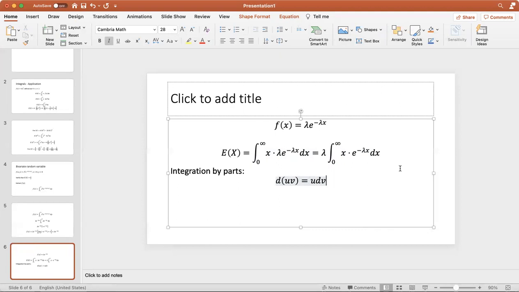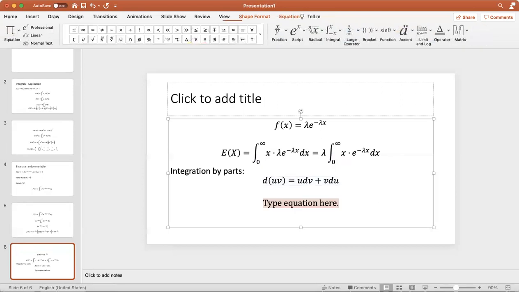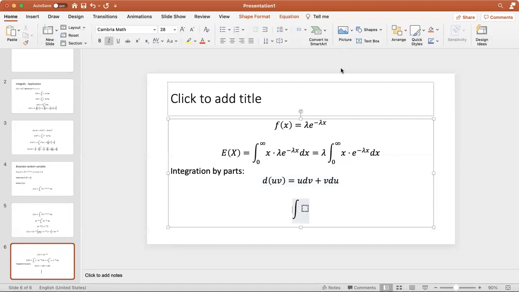So you have u dv, and you take the derivative of the first function, so you have v du. Now, taking the integral of both sides, the d cancels out on the left-hand side. So we're left with uv equals the integral of u dv